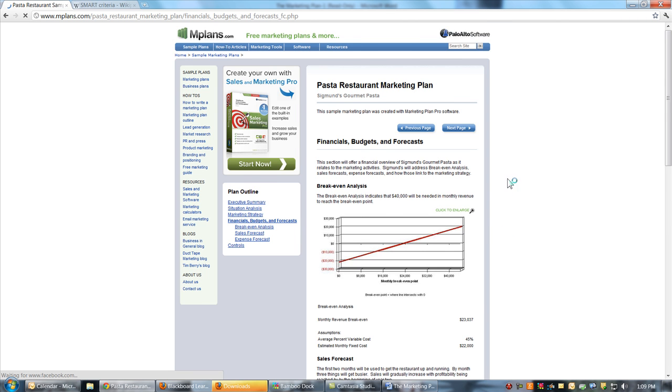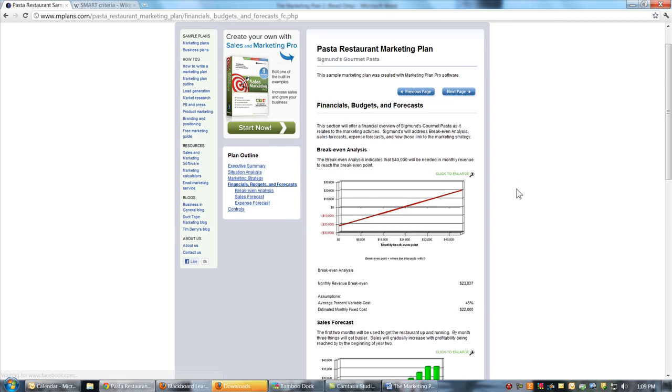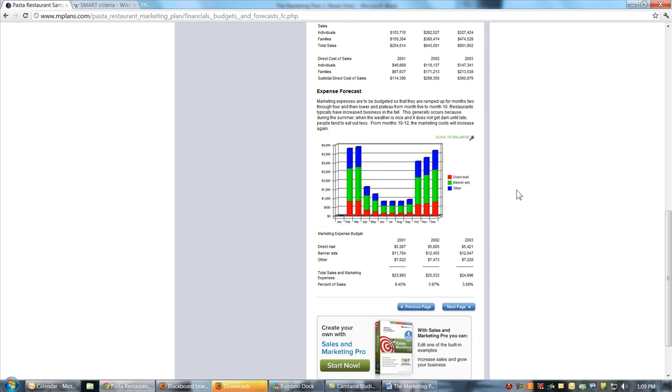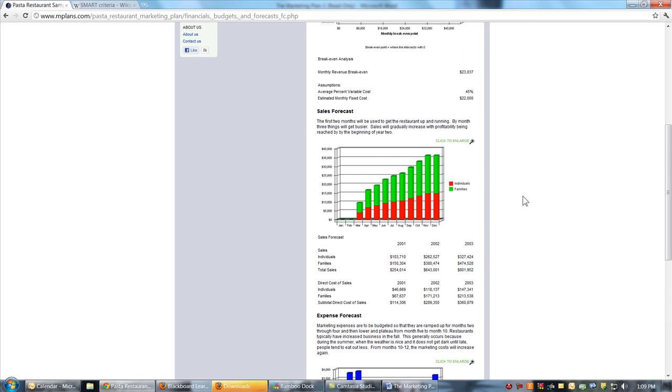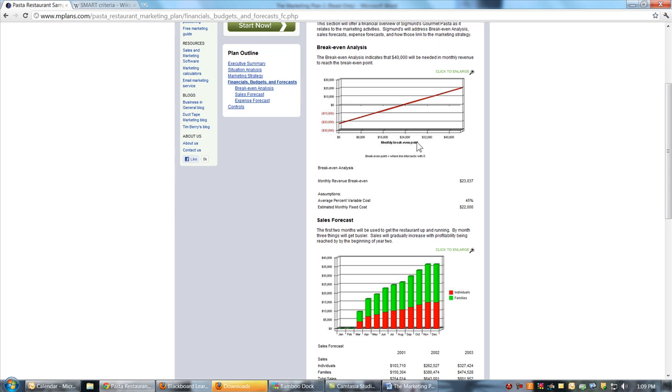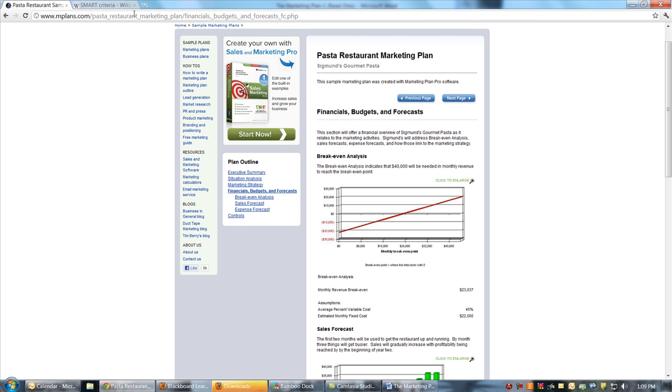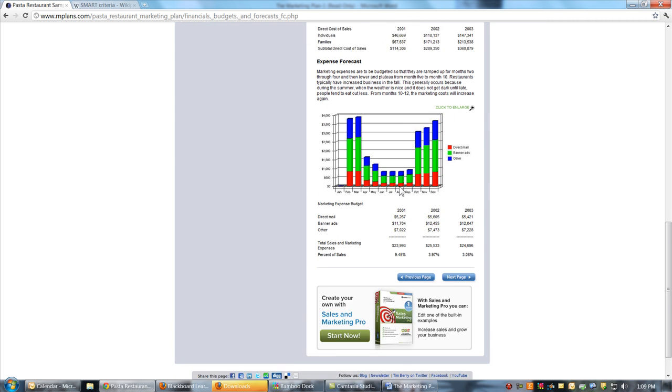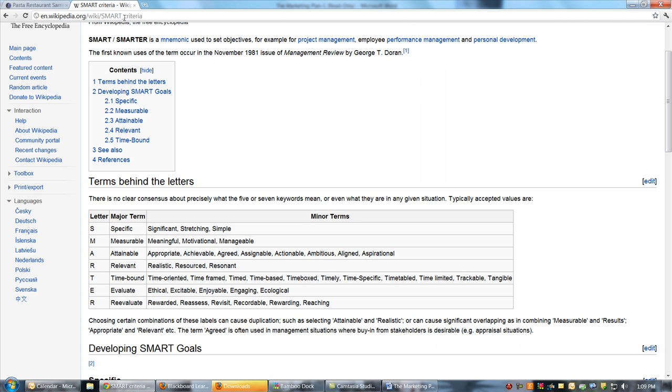Our next section, section 4, is kind of the heart of it. It's the numbers associated with a marketing plan, and our particular section, though, is going to be much, much smaller than you see here. There's all sorts of stuff and all kinds of graphs and things. We're going to be much simpler.